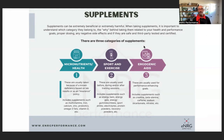Use those wisely. And then lastly, this is kind of the interesting one. The one that I get most questions about are the ergogenic aids. Now, ergogenic means performance enhancing. Okay, keep that in mind. So these are the things, I've only listed the ones down here that have had decent research to actually support their usage. There's about 1,000 more ergogenic aids out there, but not a lot of them actually have a lot of good research where I'm comfortable enough to say, you know what, that might make a difference in your